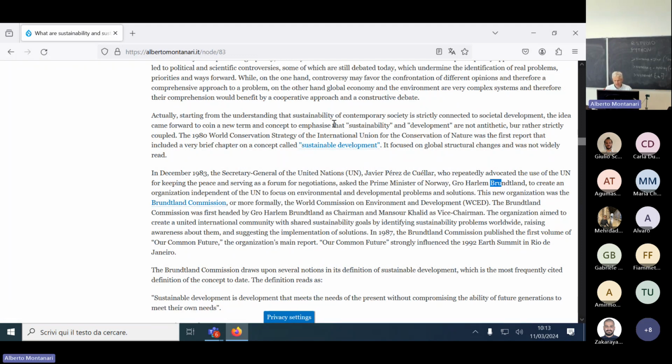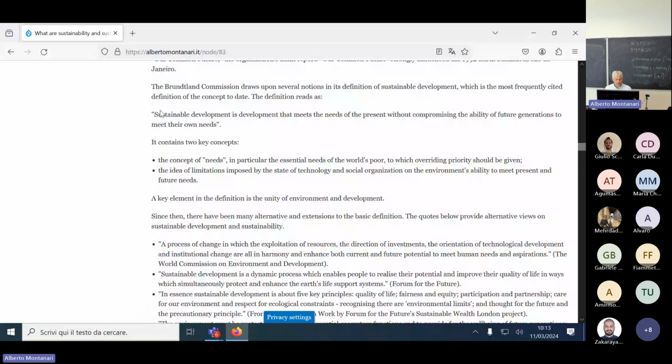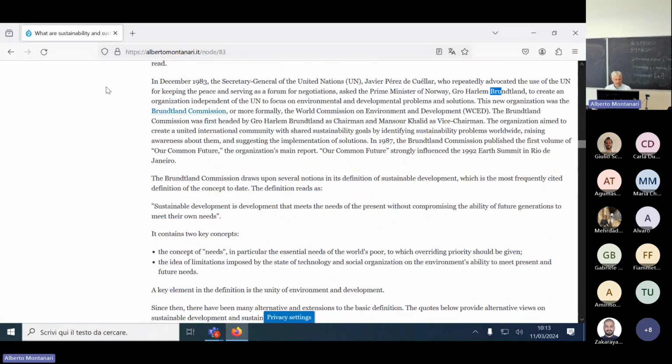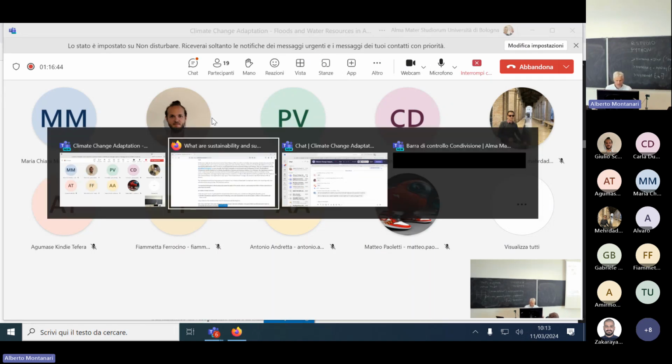Okay, I think it is here. Okay. First of all, when sustainable development was defined,